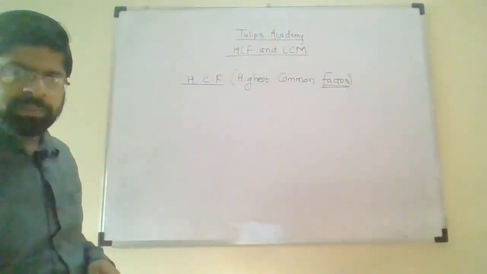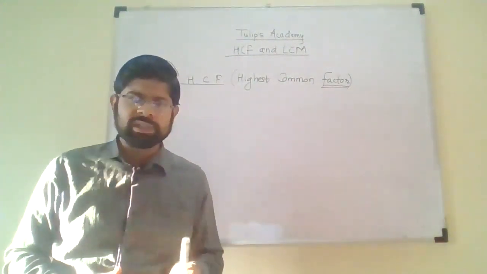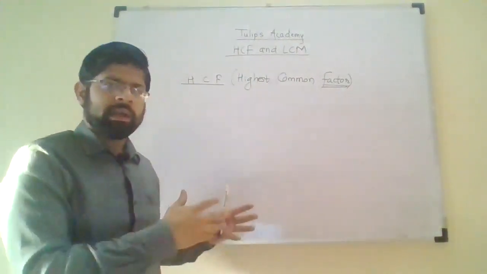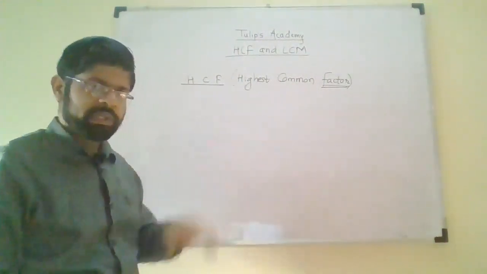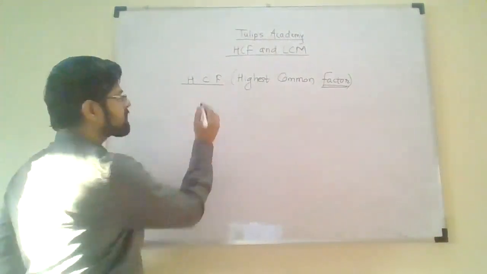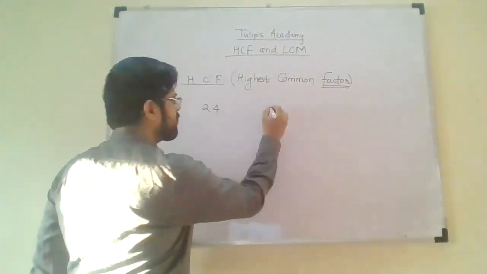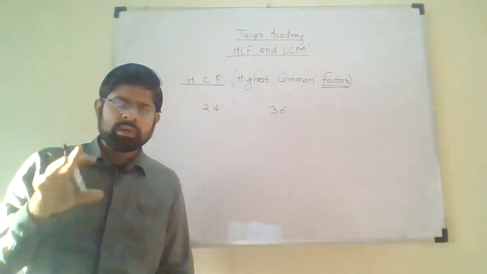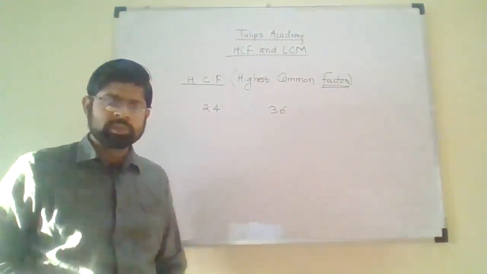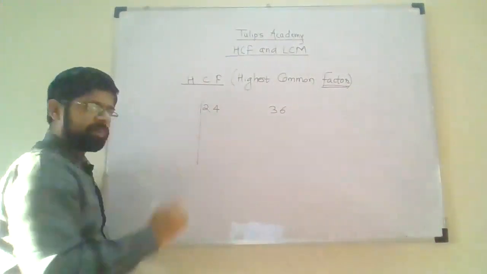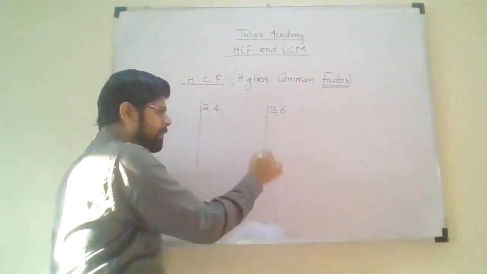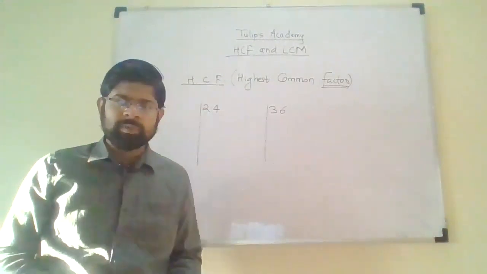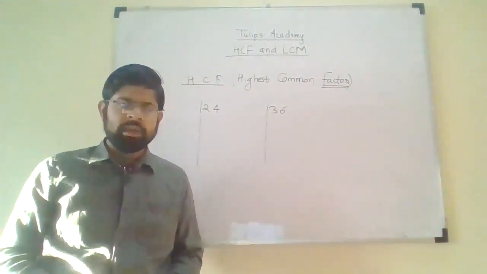Now in the prime factorization method, you have already studied what prime factorization is, and if you have not, I will explain here. I have got two numbers: the first is 24 and another is 36. Now I have to go through the prime factorization of these two numbers. First I will go through the prime factorization of 24, and then of 36. So first, let us consider 24.